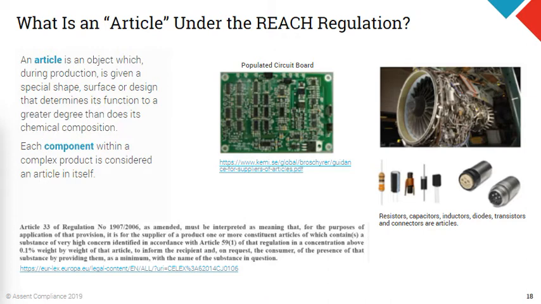But this European Court of Justice ruling that came into effect in September 2015 changed the definition to say you're not going to report at the populated board or at the whole engine level. You need to get the data at all the lowest level components and identify at that level. And that actually, in a lot of respects, made the identification of an SVHC at 0.1% a lot easier, because in the old days, if you're trying to figure out just how many of these things are on this engine and how many make it go over 0.1%, that was a much more complicated way of trying to identify SVHCs.